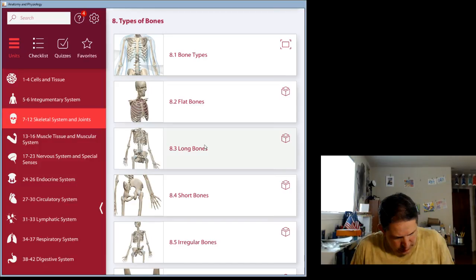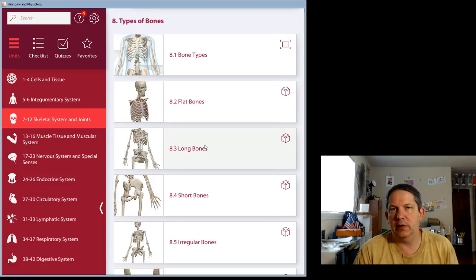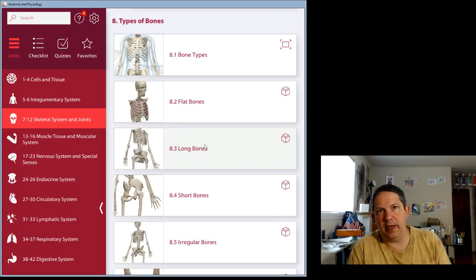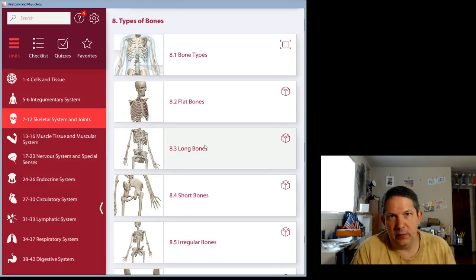Let me check some notes for a moment here. Oh, rickets. So how does the integumentary system tie to the skeletal system? Well, we need to make vitamin D by exposure to sunlight. So fairer skin is seen as an adaptation for more northerly living. Anyhow, lack of vitamin D can lead to rickets, and in adults, osteomalacia, which is kind of similar to